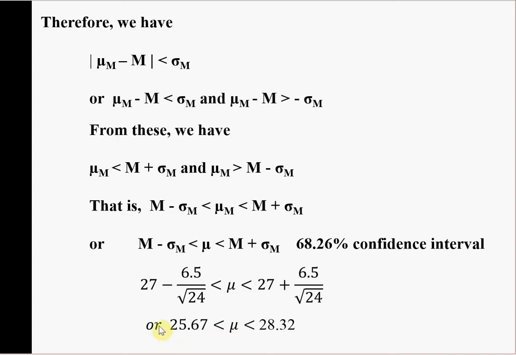Now you may say that about 68% is not quite high. Can you be more precise? Can you have an interval over which we are more confident that the interval encloses the population mean? Yeah, we can do that. Let's say we are